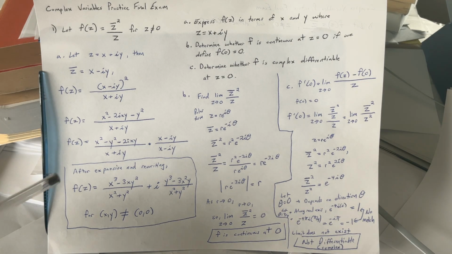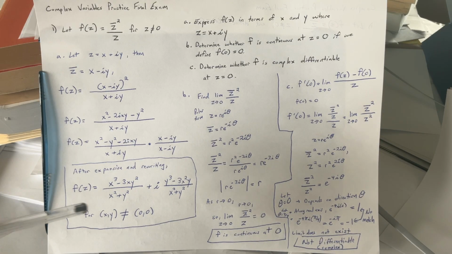Okay, we expand this, multiply by the complex conjugate, and again, the mathematics in between, the computation and algebra, arithmetic, I'm going to go through. I don't show some of it. Some of it I do show, but after expanding and rewriting, we arrive at this conclusion for f of x, y not equal to 0, 0. So this is just expansion, algebra. That's what f of z becomes: x cubed minus 3xy squared over x squared plus y squared